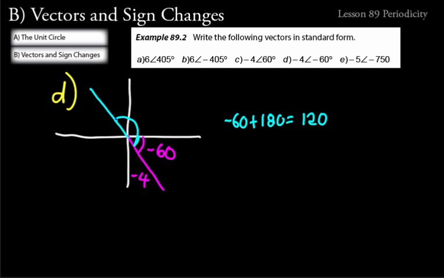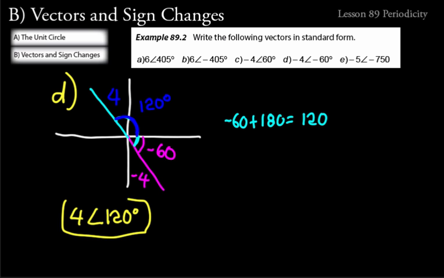So we're at 120 degrees here. That's this angle right in there. That's 120 degrees. This magnitude is positive 4. So our answer for D is 4 angle 120 degrees. That's the most simplified standard form that we can get for that one. So we have one more to do. E